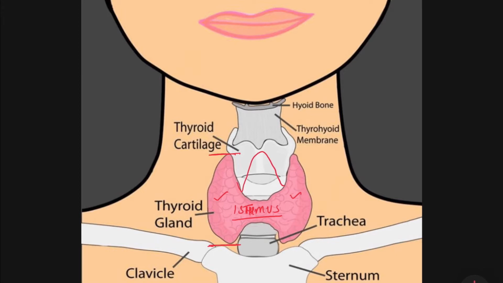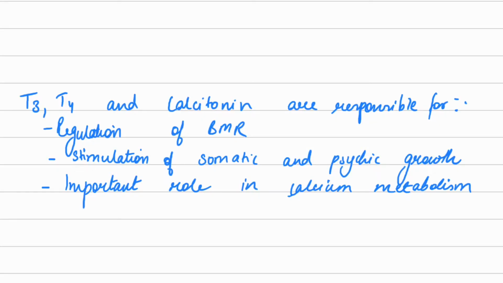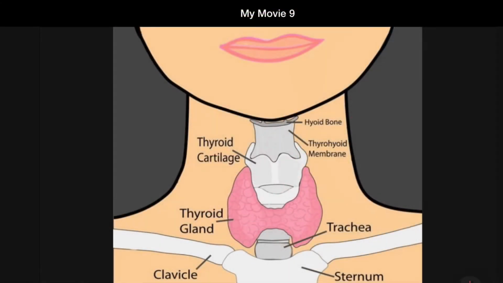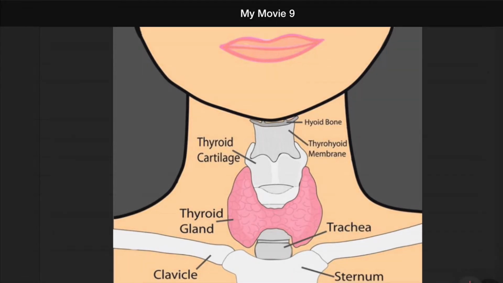as the pyramidal lobe. So this is the pyramidal lobe, and the gland secretes hormones T3, T4 and calcitonin. Total 3 hormones are secreted by the thyroid gland, and they regulate the basal metabolic rate, they stimulate the somatic and psychic growth, and it plays an important role in calcium metabolism. This gland weighs about 25 grams, where it is larger in females than males and further increases during pregnancy and